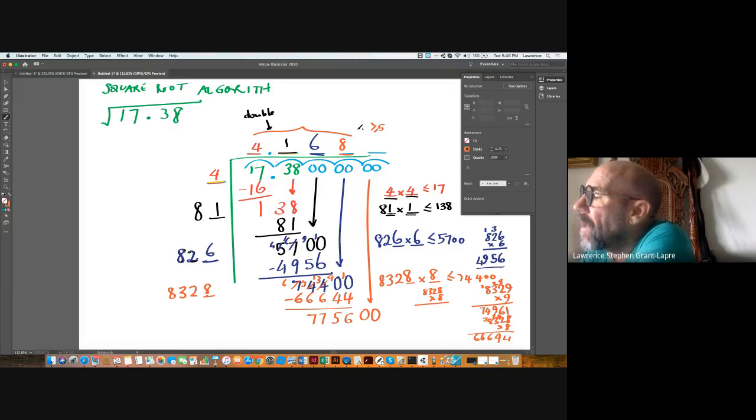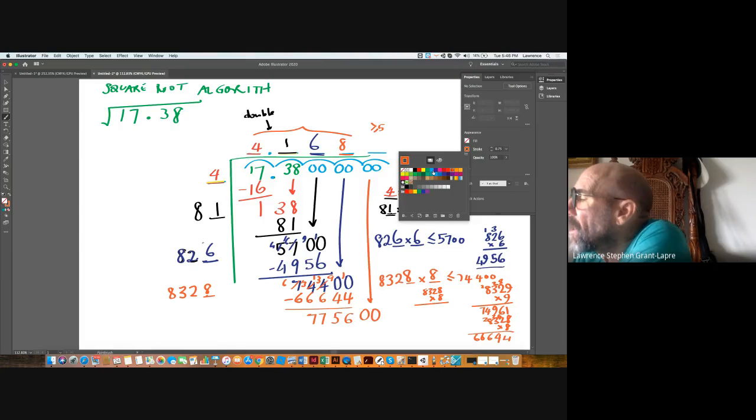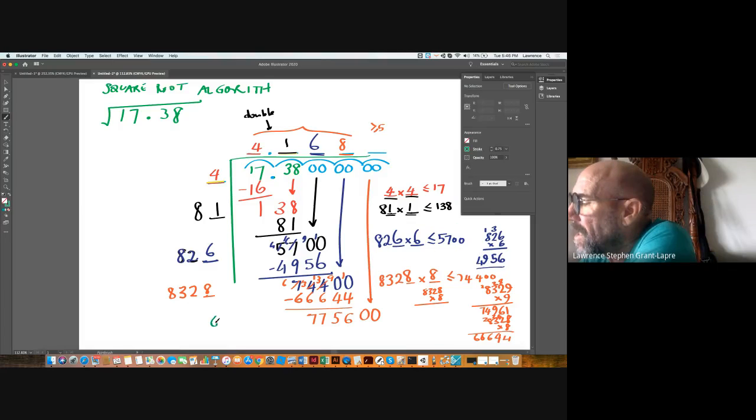Double this number. And that gives us, we'll change the color. Change the color each time we do a different number. Let's go to green. Double the number up top. So double 8 is 16. 6 is 12, and 1 is 13. 1 is 2, and 1 is 3. Double 4 is 8. And so we're looking for 83,360 something times something to be